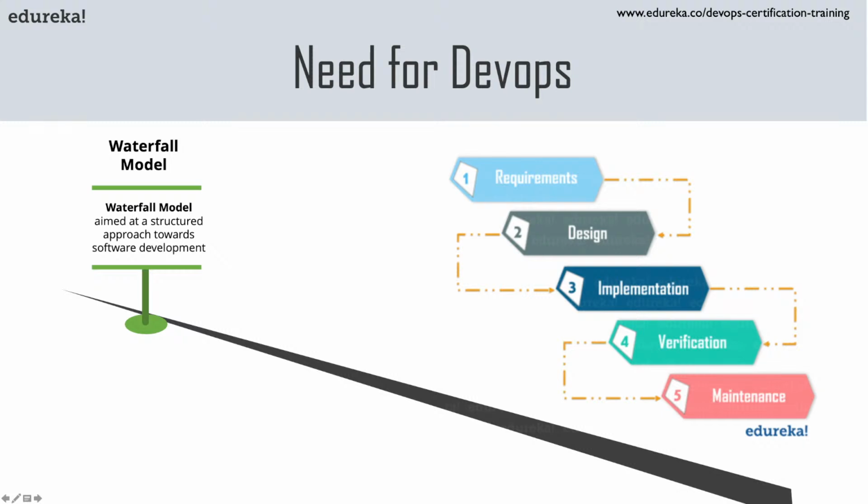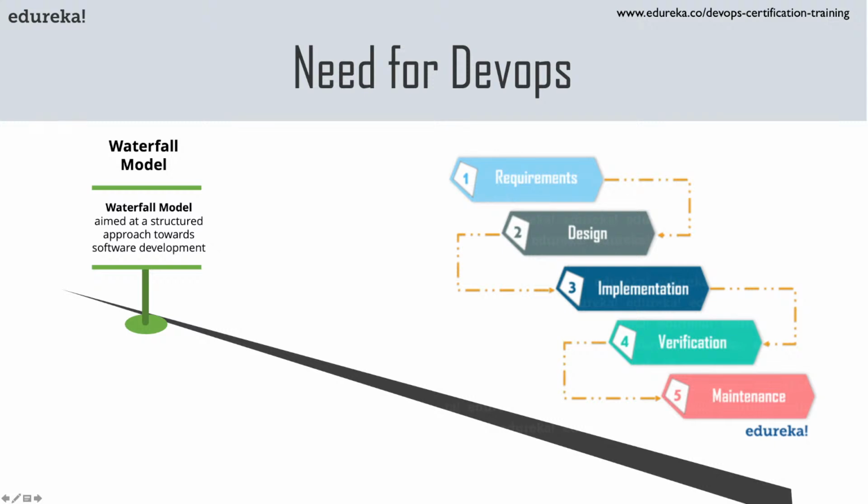So what is the waterfall model? Waterfall model basically told us that before starting any software project, you first have to take in all the requirements from the stakeholders who want the software to be developed. Then after you have the requirements, you go ahead and design the software, right? On a piece of paper, you design what all modules you have to come up with, you design what all functions you have to define, right? What all features you can develop, and then you go ahead and pass it on to the development team, who go ahead and implement it, which is then verified by the testers, and then it is maintained once it is put out in the production system. So this is what the waterfall model did.